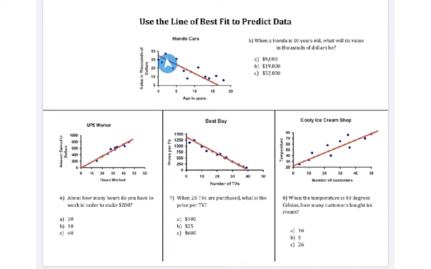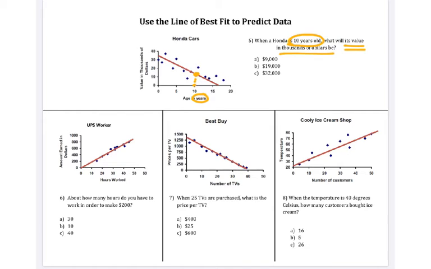So it's just a line that goes right through the middle of your data. So in this question, it says, when a Honda is 10 years old, what will its value be in thousands of dollars? So 10 years old. So this axis says years, and here's 10. So what I'm going to do is go up to the line. Here it is. So that is the point on my red line of best fit for when it's 10 years